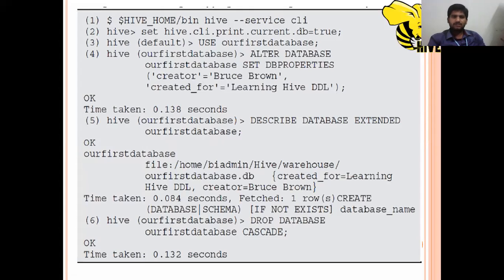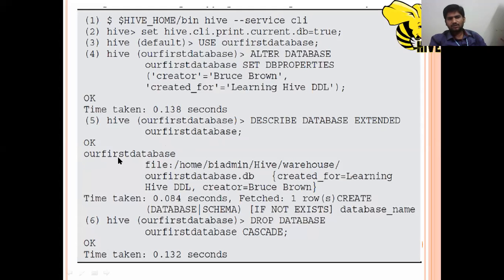For every command we execute on Hive, we can see how much time it has taken to execute. Here it shows a time taken of 0.13 seconds. Then we use describe database extended on our first database.